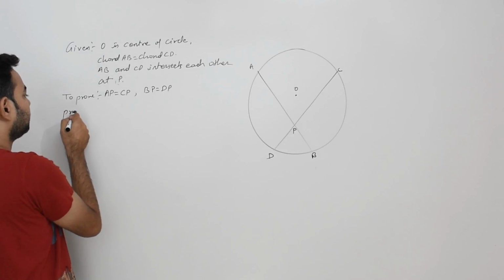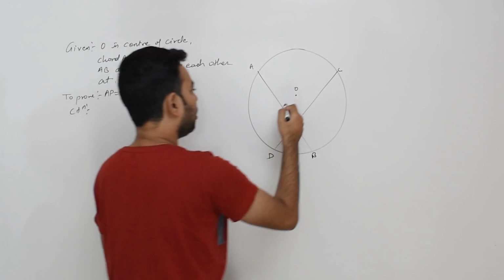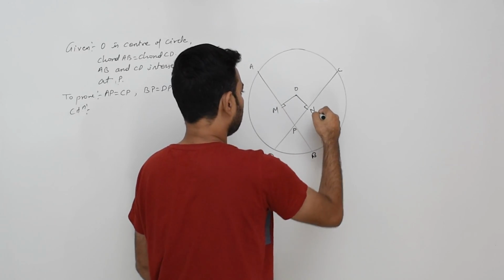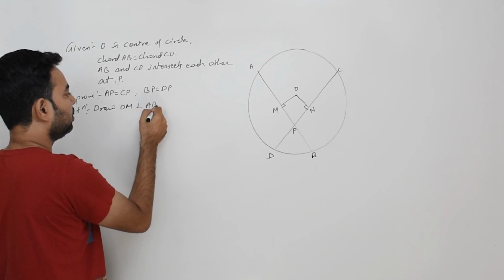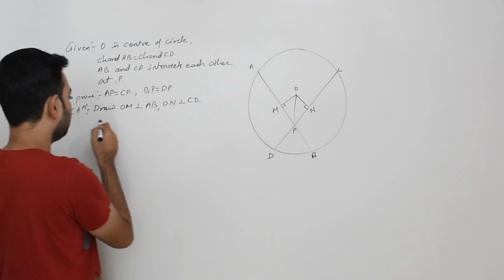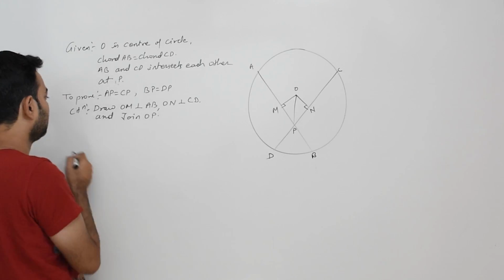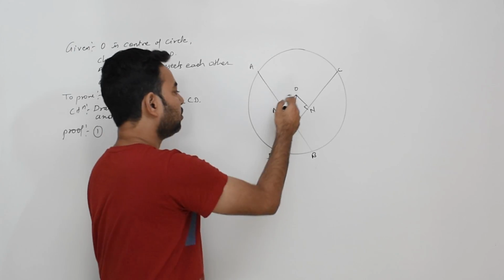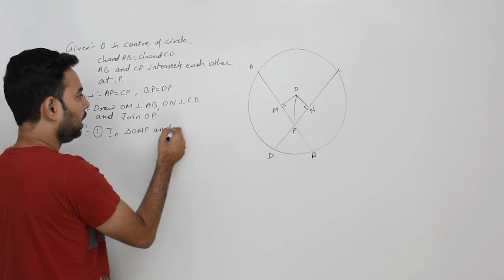Then in the proof, first of all we have to construct something, that is, draw OM perpendicular to AB and ON perpendicular to CD, and join OP. In the proof, first point is, in triangle OMP and triangle ONP,